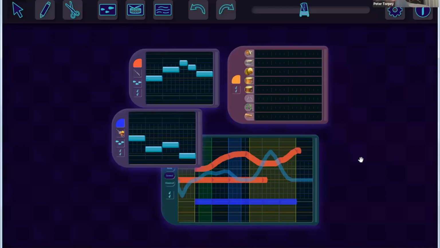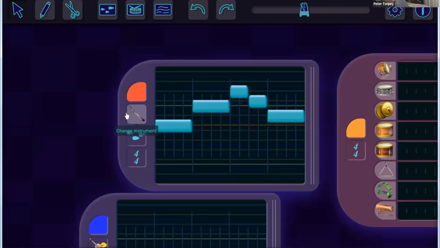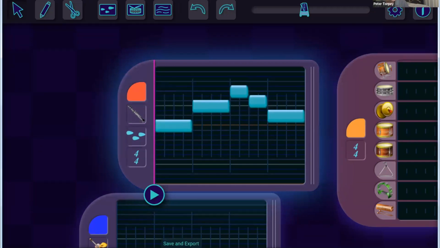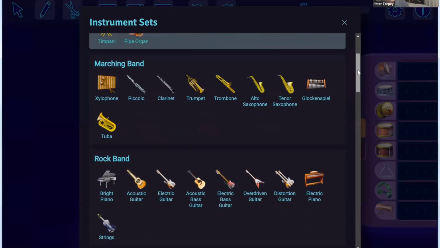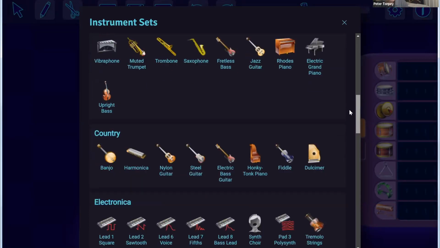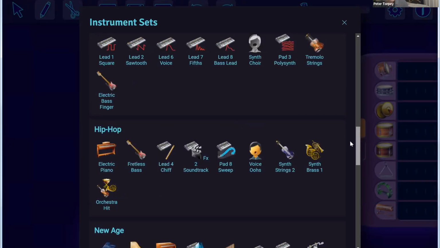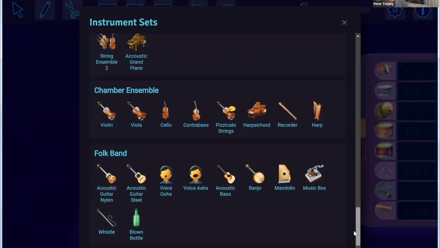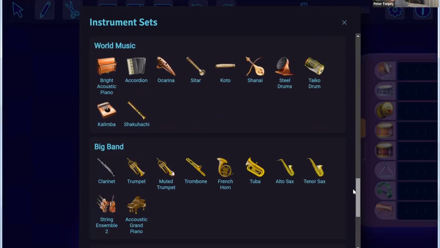Yeah, so we have a couple of different ways of handling instruments here. You'll see by default we have a set of 8 instruments. If I come down to this select instrument set here, we have some predefined categories of instruments, and we plan on building on these. So we're not just limited to the 128 MIDI patches, although most of these instruments right now are based on that. But we have the opportunity to build on that going forward.